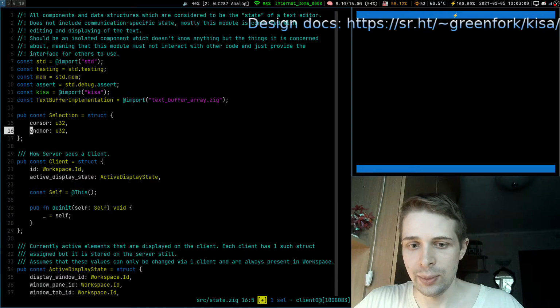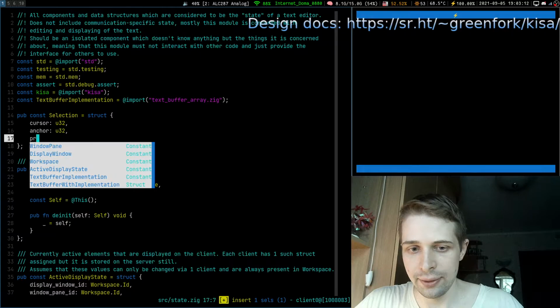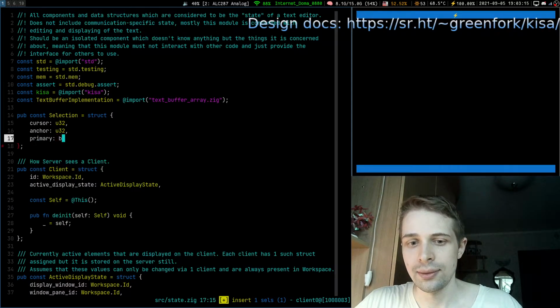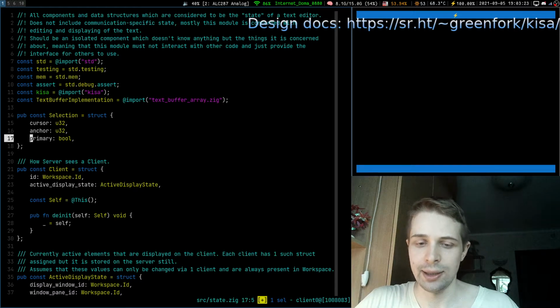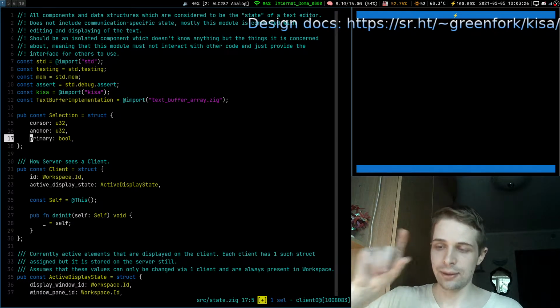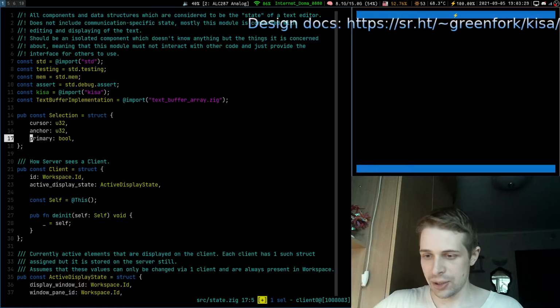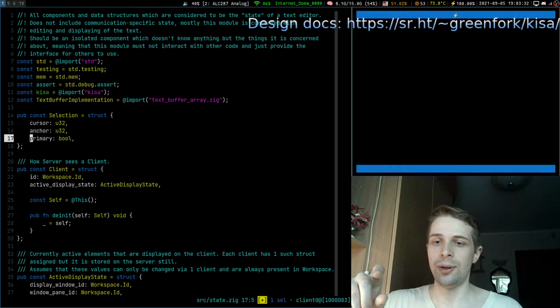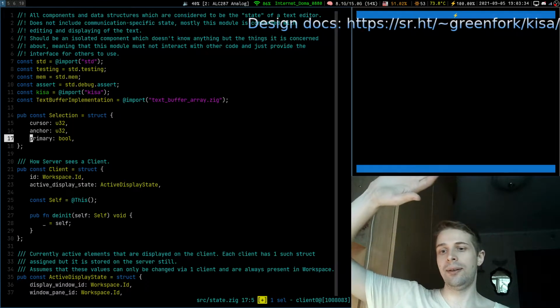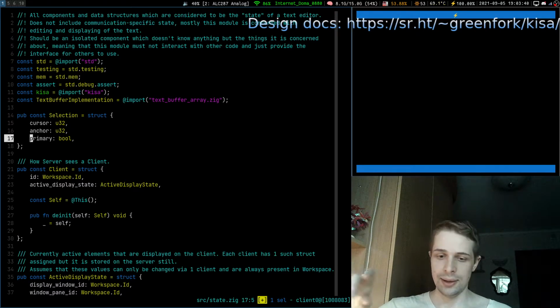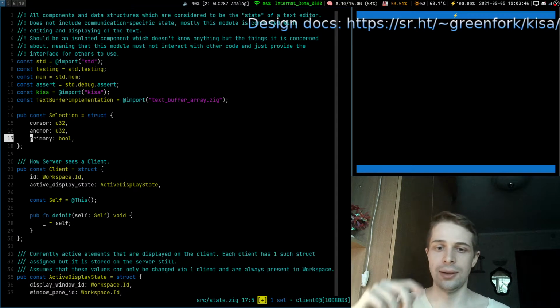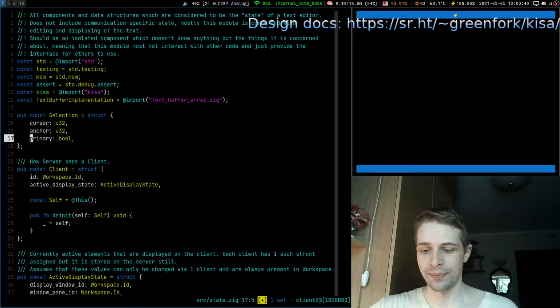And we will have, probably we will have a flag primary, because we'll have several selections, several cursors, and only a single one can be a primary one. We have like a single primary one, and we will be able to switch them. The main idea is that the primary one is followed by the editor. For example, you have like 5 different cursors all over your big file, like 10,000 lines file, and the primary one is the one you see. If you move it down, the view will scroll down and so on.